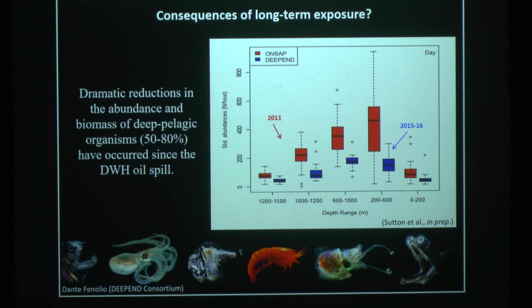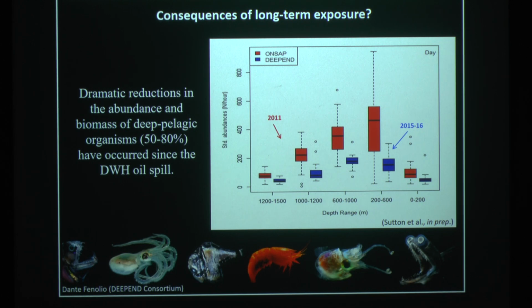So here I'm showing this graph. This is the relative abundance, and on the bottom it's showing the depths, 5 different depths in the water column. And here is their abundance in red in 2011, and in blue is 2015 and 16. So there are these very dramatic reductions, but unfortunately we don't have pre-spill values, so we cannot specifically say if it is the Deepwater Horizon. The chemistry kind of explains as a possibility what is happening with the future generation of species,